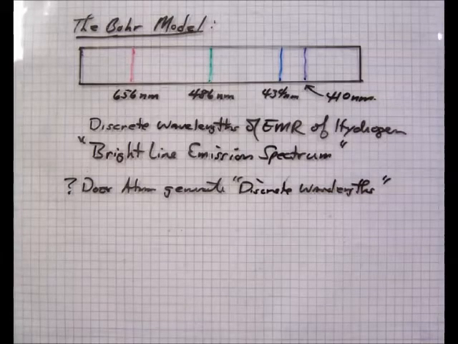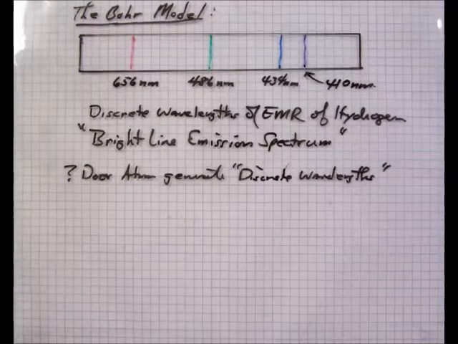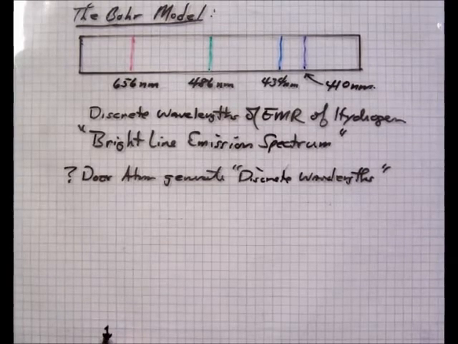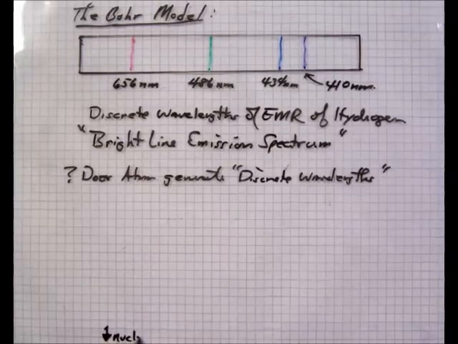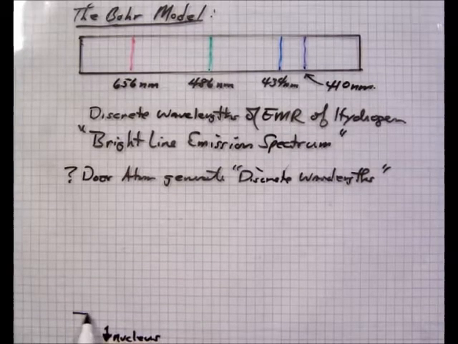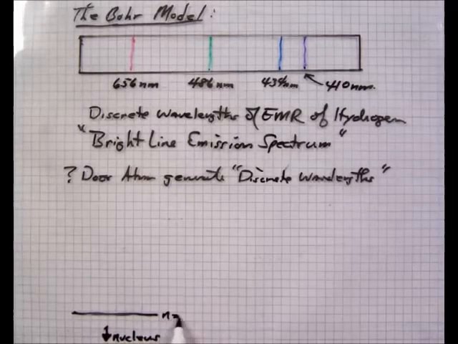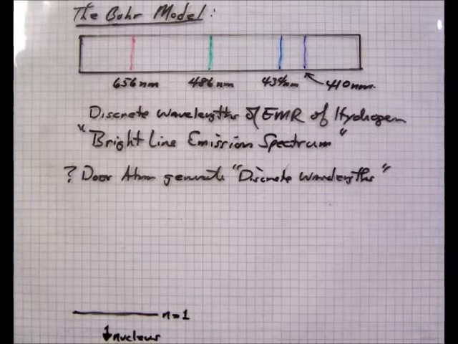Understand this, what we will propose is that each of these colors are electron transitions from one energy level to another. So what we have to do is draw an atom, and what we're going to say is that down here at the bottom, this points toward the nucleus, and then we're going to say this is the first energy level right here. This is the first ring. We're going to call that n equal 1. That's the first ring, the K shell. So we're beginning to build the concentric ring model.